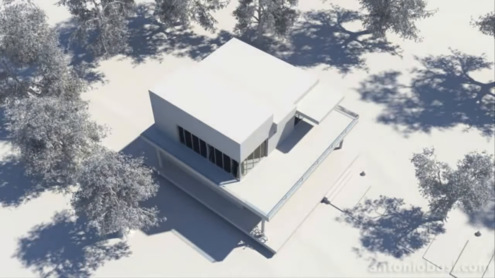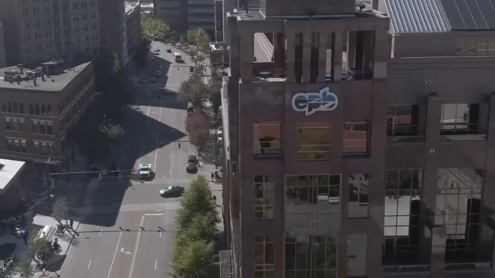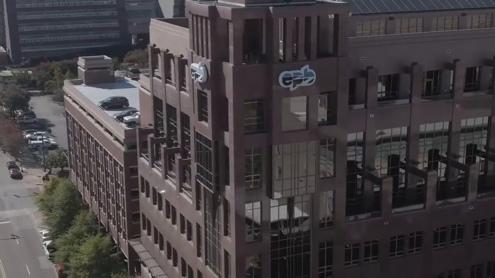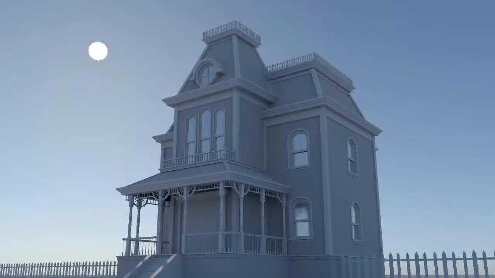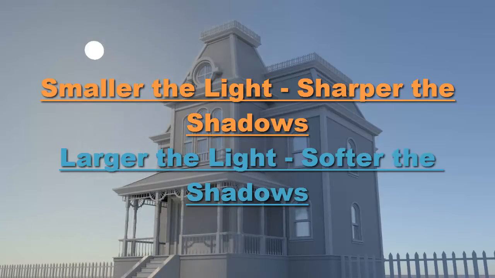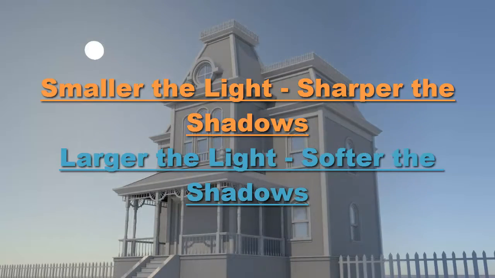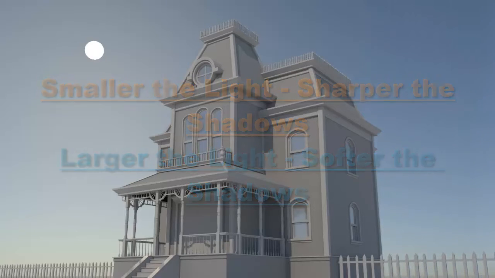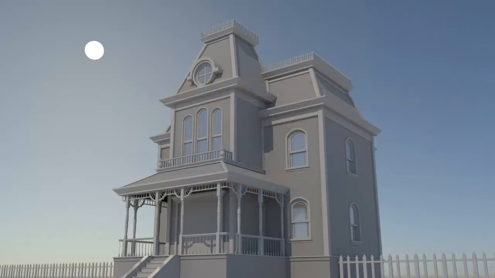This is the reason we are able to see an object even on the opposite side of the sunlight, since it is visible due to the skylight covering the shadow areas from all directions. Let us try figuring out why we don't see shadows being cast by skylight if it is coming from all the directions. Well, the answer lies in the golden rule of lighting: smaller the light, sharper the shadows; larger the light, softer the shadows. Skylight, being a large source of light, casts such soft and diffuse shadows that they are not at all noticeable. Hence, we see the shadows being cast by the sunlight and not the skylight.